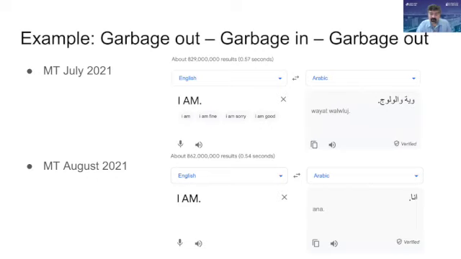I'll give you another really interesting example that I discovered as part of this research, which is an example of AI feeding into itself in a really crazy loop that has no human involved in it in a way. This is gone now. This was in July 2021, and it was fixed by August 21.